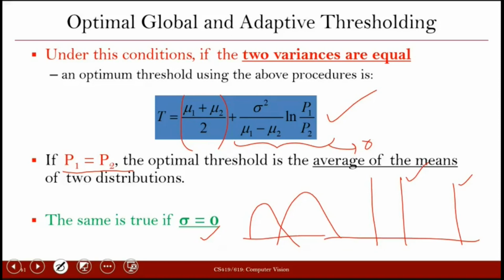Okay, so by using these analytical expressions, we can also optimally calculate the threshold. For example, let's say we want to use this expression. From the given distributions, we have to find out mu1 and mu2, and then based on those mu1 and mu2 and the sigma, we can evaluate this expression and compute the optimum threshold.